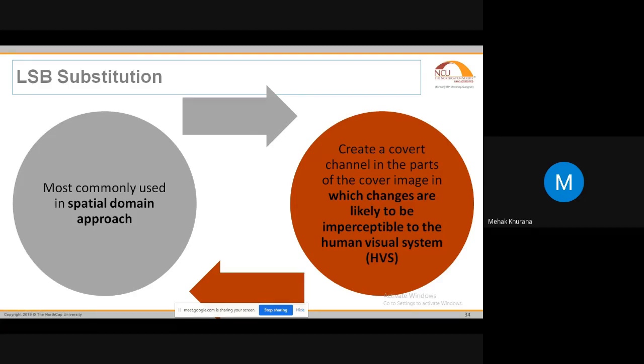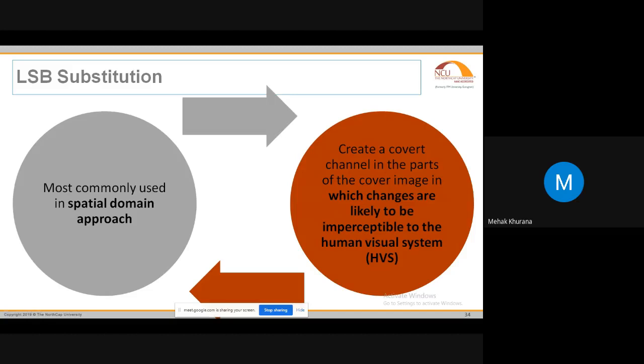I already told you that an image always consists of bits, whether it is a black and white image or a colored image. All the images have bits. For black and white, we have 8 bits. For a color image, we have 24 bits, 3 bytes for red, green, and blue. So we are going to hide inside those bits. So what are the steps that we need to follow to convert the text and put it inside the image?